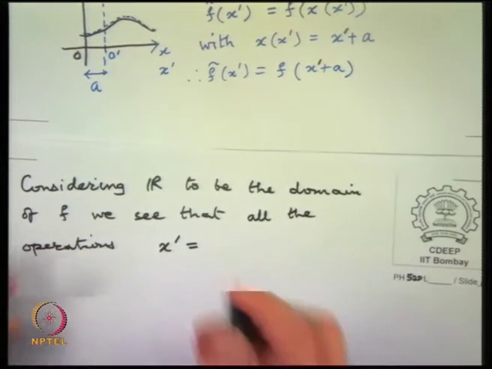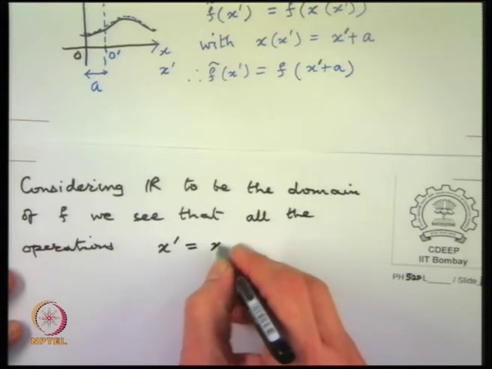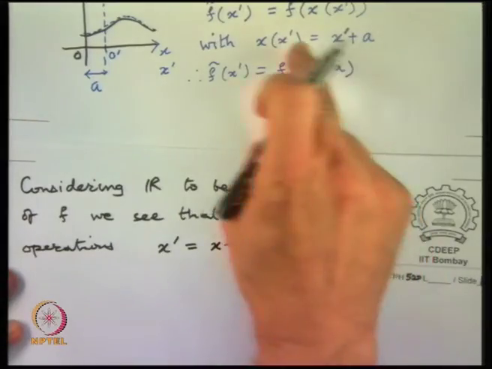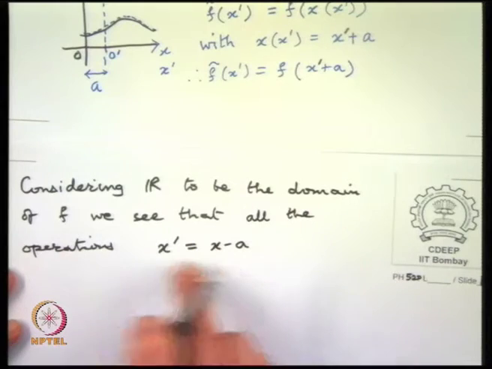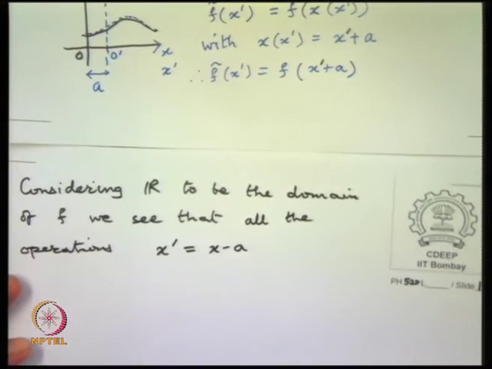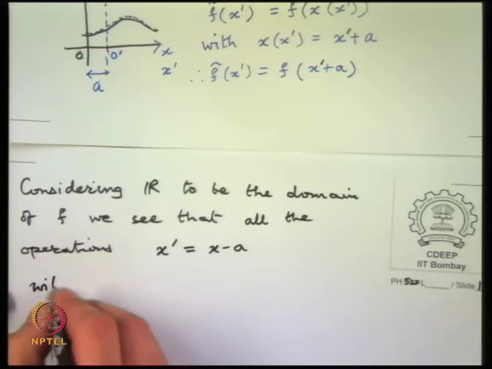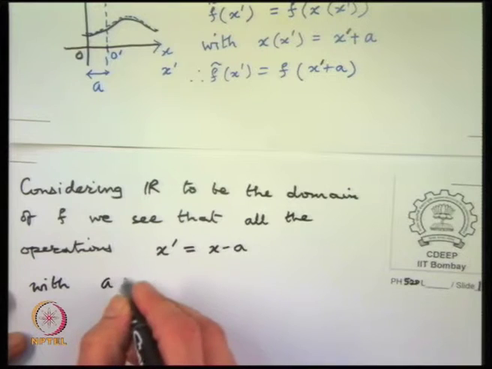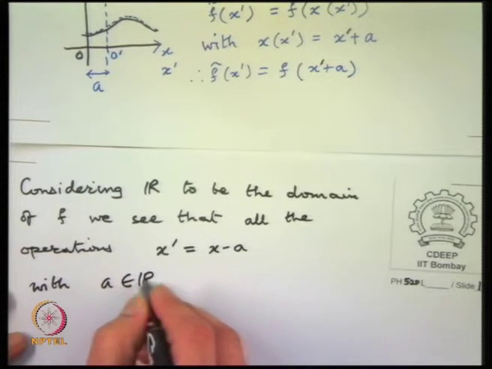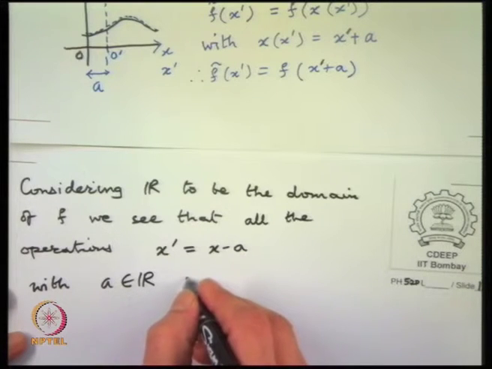So all the operations x prime equal to x minus a. Because x is equal to x prime plus a, x prime is equal to x minus a. All the operations x prime equal to x minus a, with a again belonging to R, constitute a group